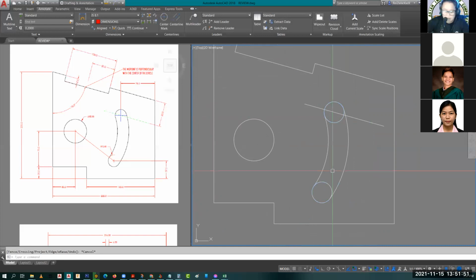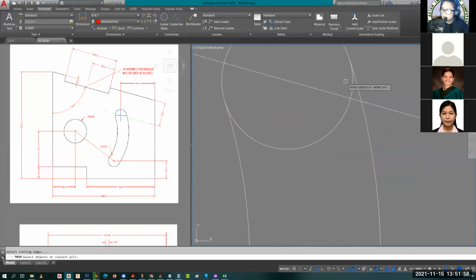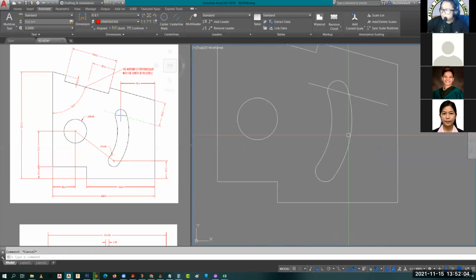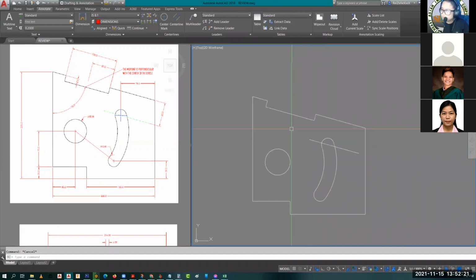Okay? Now, let's trim the inner part of that circle. Ay, trim. Right-click. So, yan yung hinahanap mo. Okay? So, again, the process, ito dapat maintindihan nyo kasi may similar ito dun sa post-assessment. Okay. So, I now have